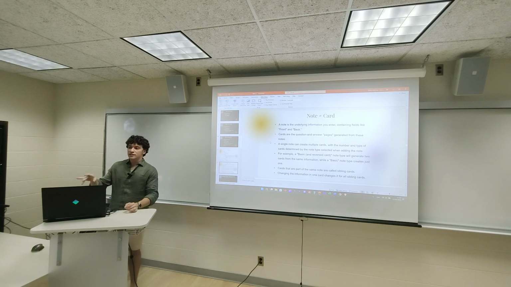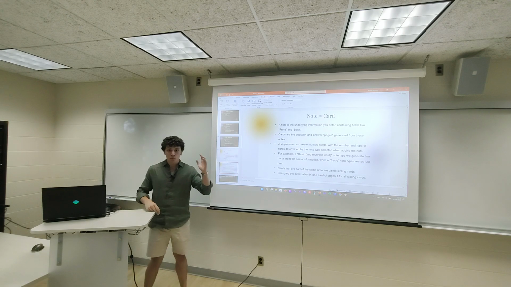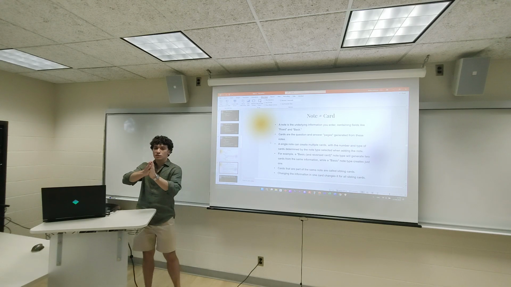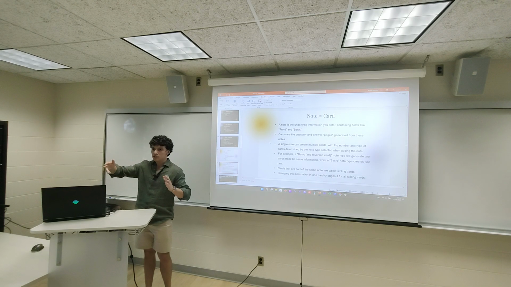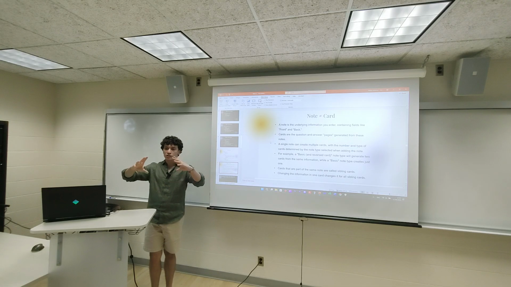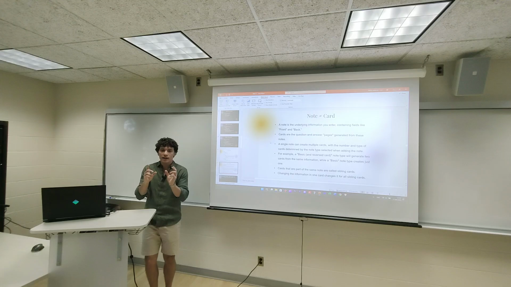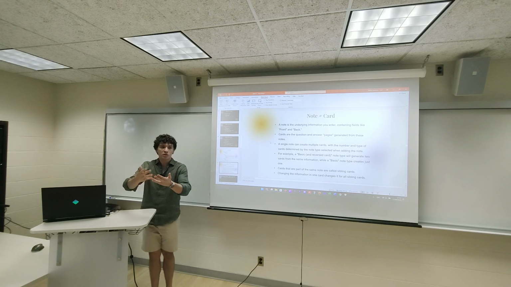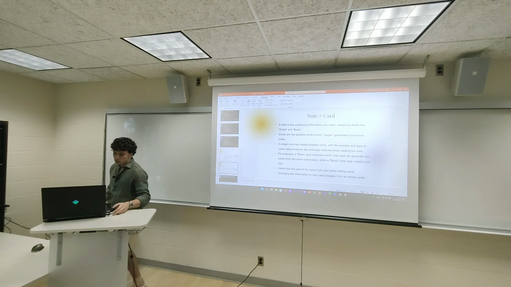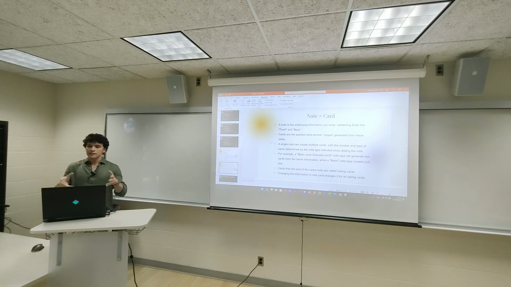And cards that have the same note are called sibling cards. When you alter the information from one card, you're basically altering the information of all the sibling cards, because the information is stored as the note. The flashcards are just the way the information is displayed to you in the moment you review them. So all the algorithm is done through